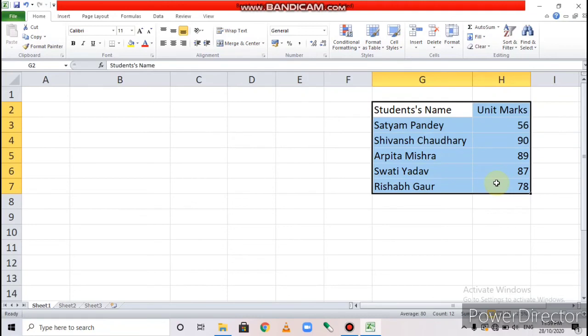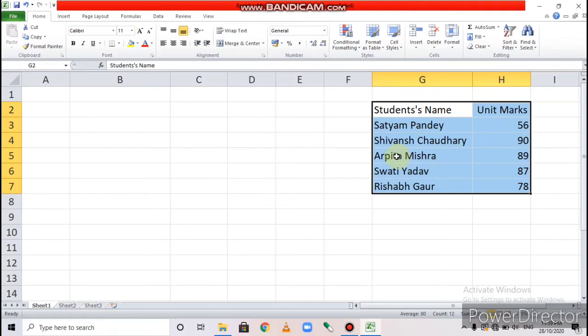Now, place the mouse pointer on any one edge of the border that surrounds the cell range. You can see, when I move the mouse pointer in the cell, the shape of the mouse pointer is different.